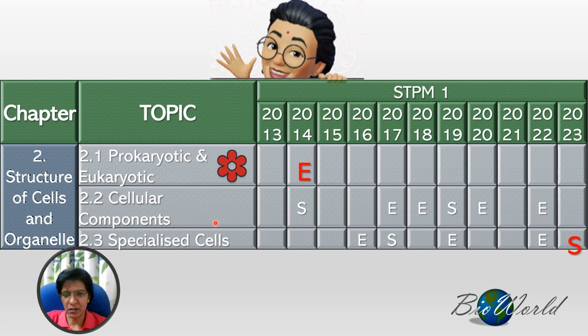And then if we look at cellular components, although the last time was in 2022, I would feel that there is a possibility it being tested again this year because you see it only waited 1 year gap from 2020, then it gapped in 2021 and repeated in 2022. So there's already been one gap, so maybe there is a chance of it being tested, and actually it's not too difficult to study these 2 subtopics. What makes it easier is my playlist is complete for chapter 2 also.